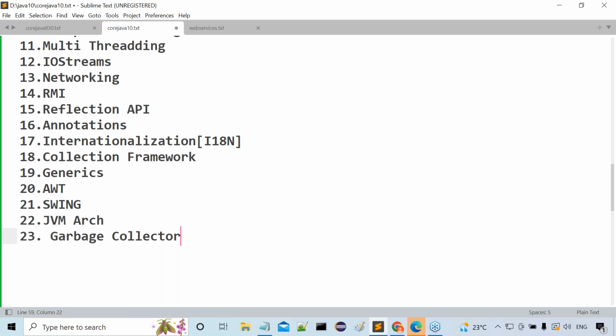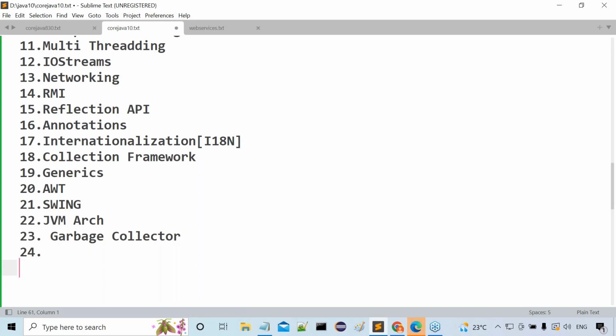How will the garbage collector destroy the objects? When will the garbage collector destroy the objects? All the concepts here we have to understand clearly. All of you are getting my point or not? So destroying objects is the main content here. How the garbage collector will work internally, everything we are able to understand clearly now. Then after completion of this, the 24th topic would come after this garbage collector.